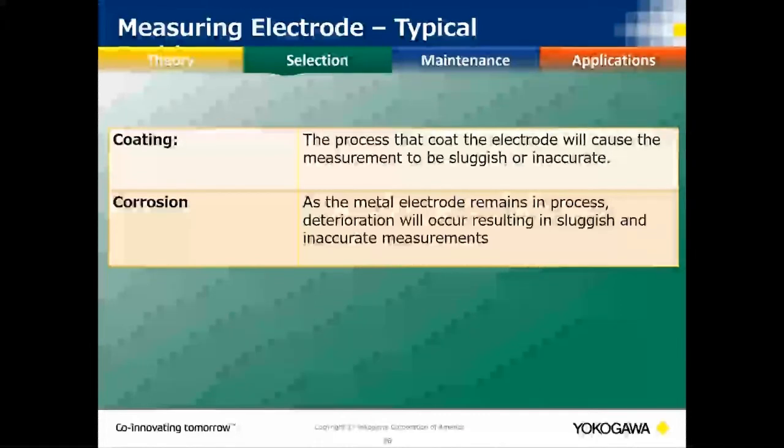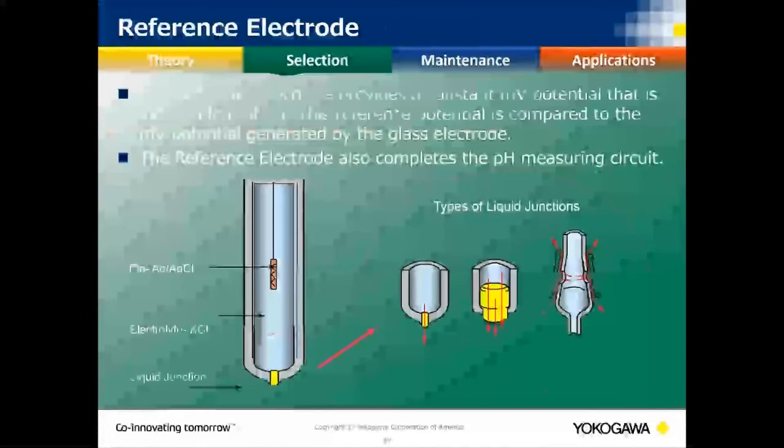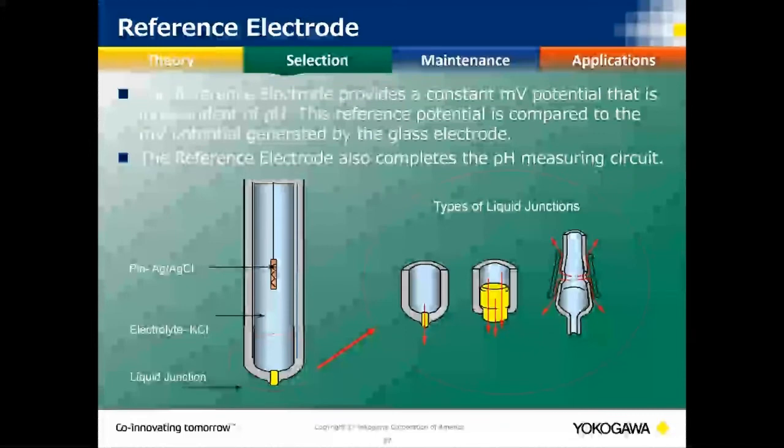Okay? Typical problems that you're going to see, most common with ORP, are coating of that platinum metal over time with buildup from the process, and then obviously over time it will corrode. So if we do have an application that reacts with gold or with platinum, we need to make sure we have the right metal in the process, the same thing as with any piping in your plant. This is the biggest one as well: your reference